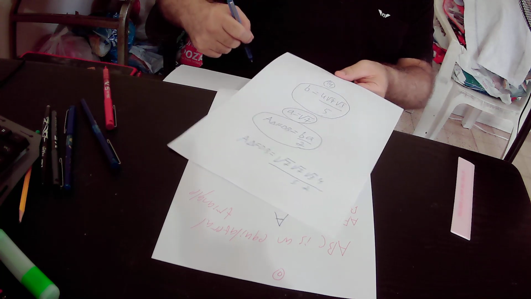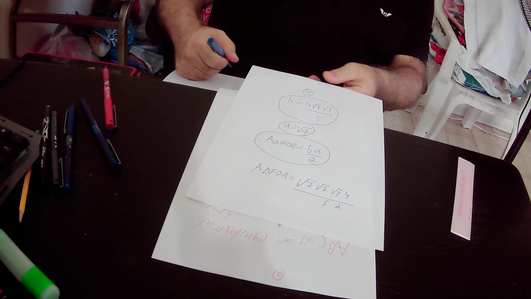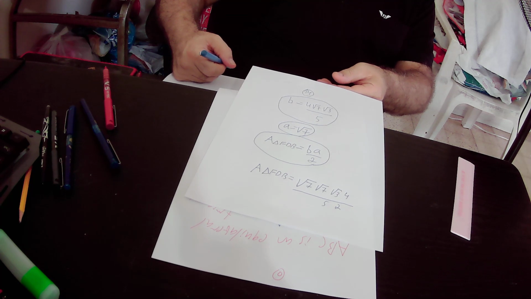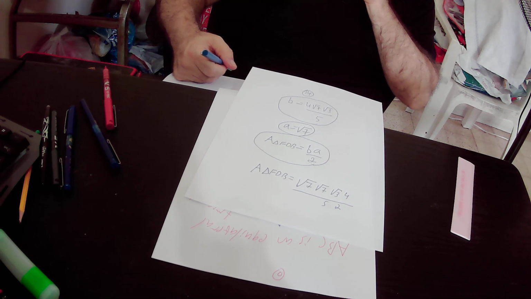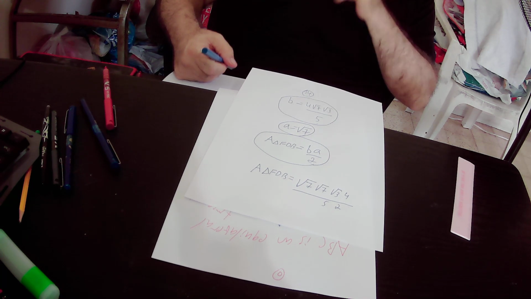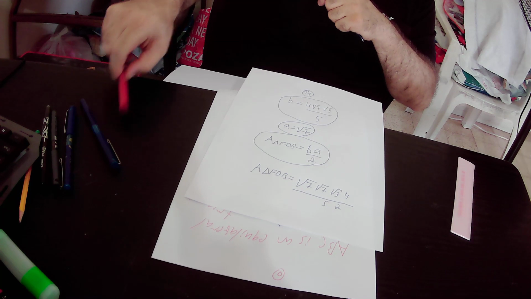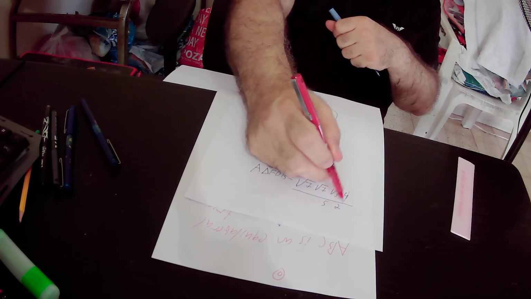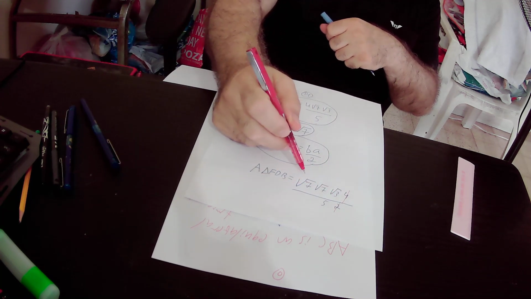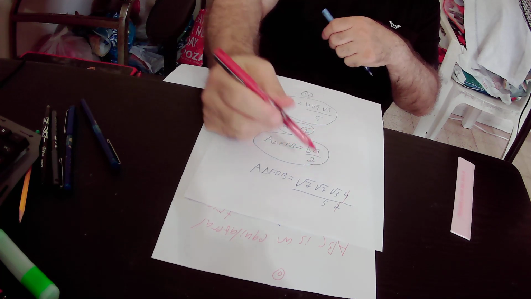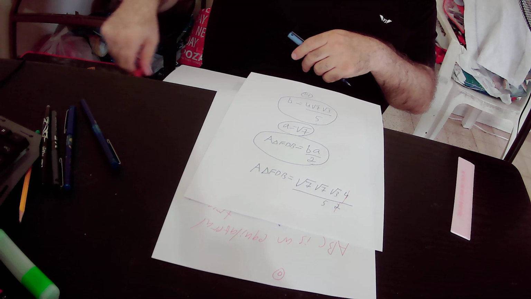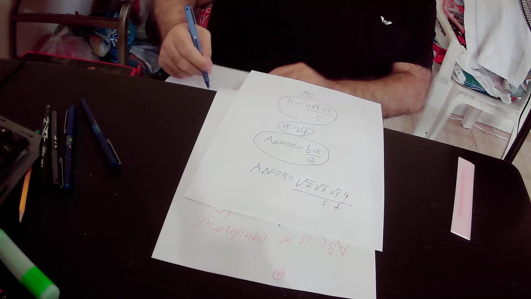The area of the green triangle FDB equals the root of 7 times root of 7 times root 3 times 4 over 5 over 2. 5 over 2 is 2, and root of 7 times root of 7 is 7. So in total you will get that the area